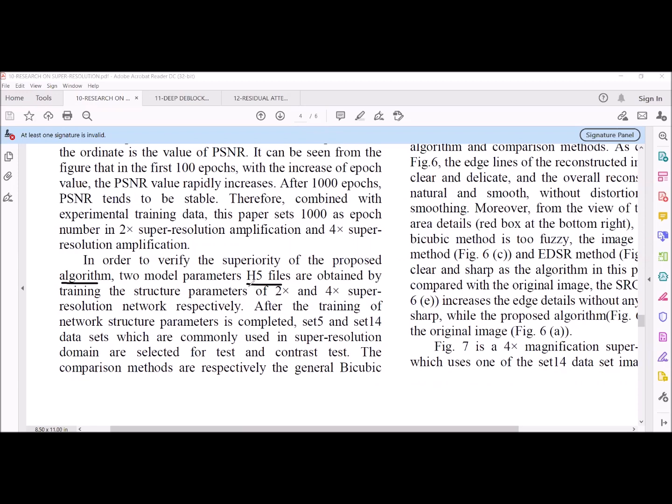These 2 H5 files, which contain the model parameters, are obtained by the 2x and 4x super resolution networks. So we are taking 2 H5 files. One is related to the 4x super resolution, and another one is related to the 2x super resolution. We are taking the 2 model parameter files in H5 format in order to check the superiority of our